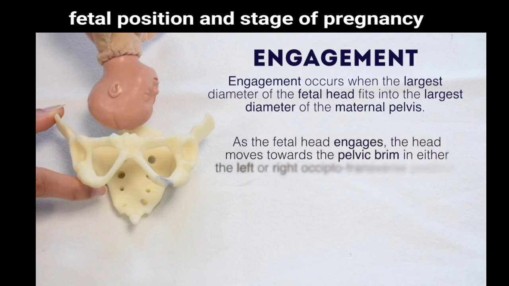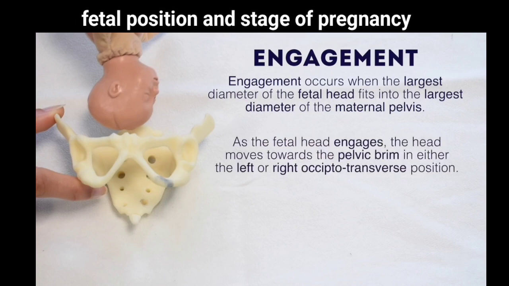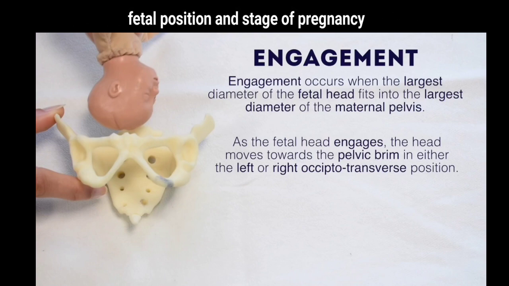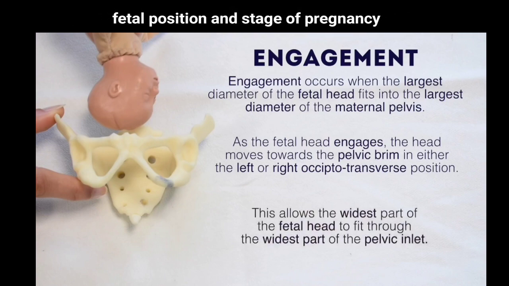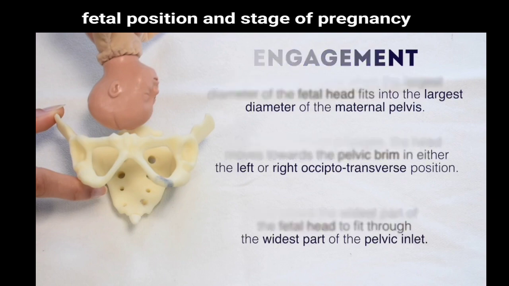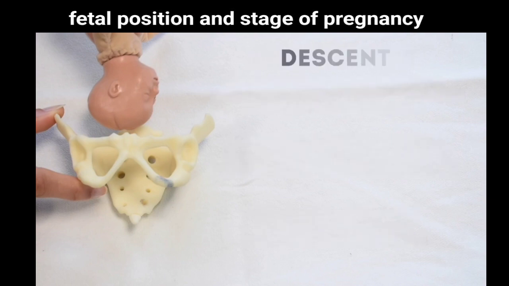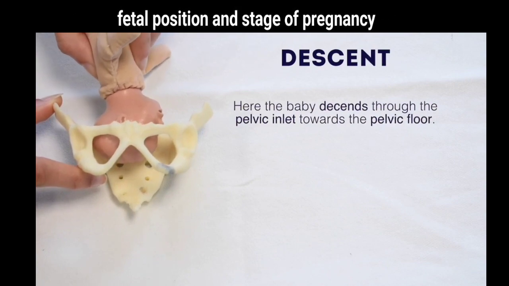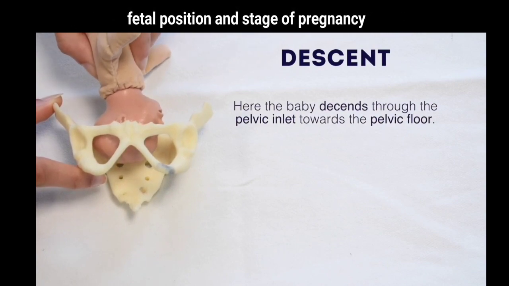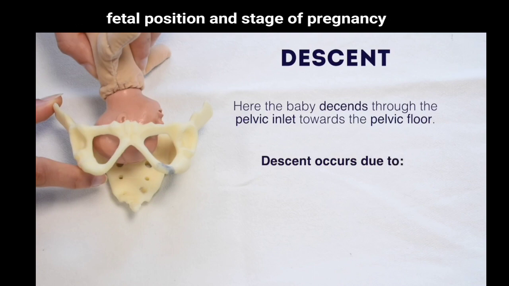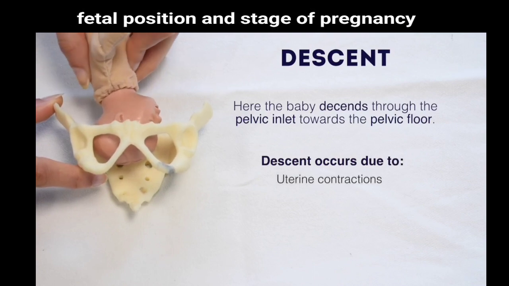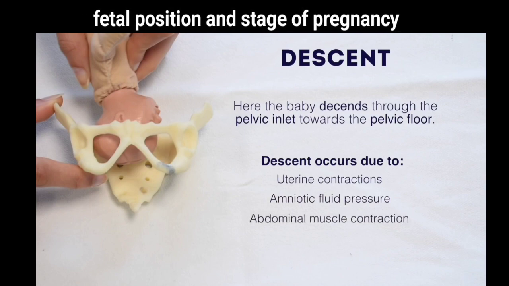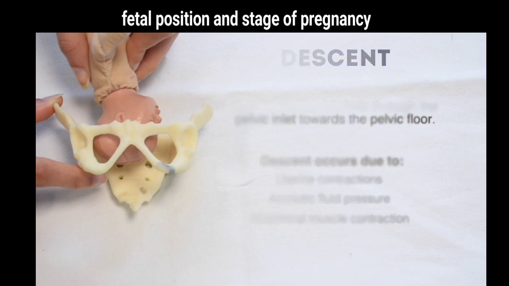As the fetal head engages, the head moves towards the pelvic brim in either the left or right occipito-transverse position, so the widest part of the head fits through the widest part of the pelvic inlet. Descent. Here the baby descends through the pelvic inlet towards the pelvic floor. Descent occurs because of uterine contraction, pressure of the amniotic fluid, and voluntary contraction of the abdominal muscles by maternal